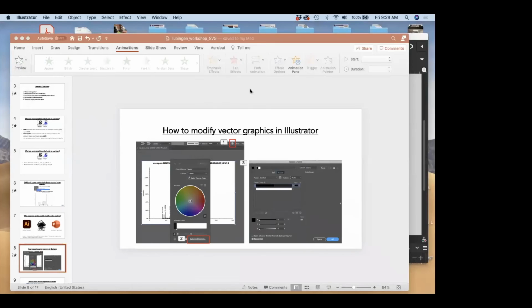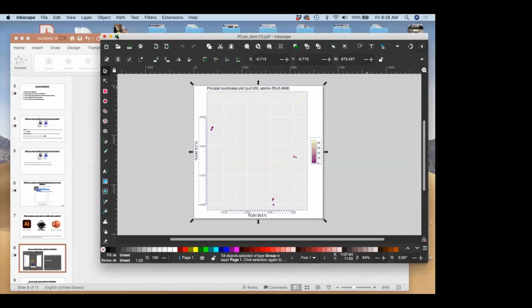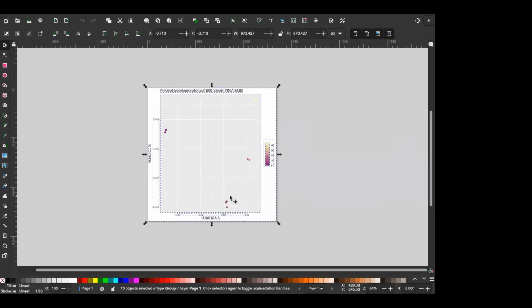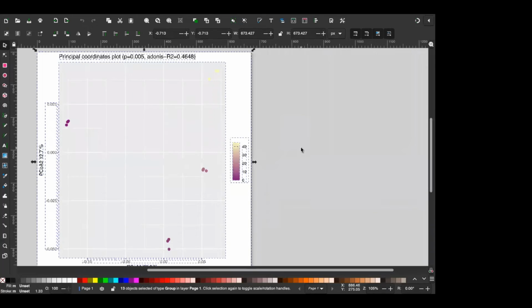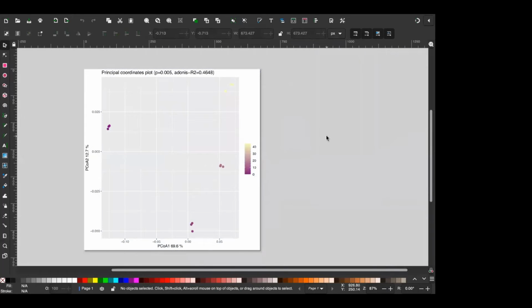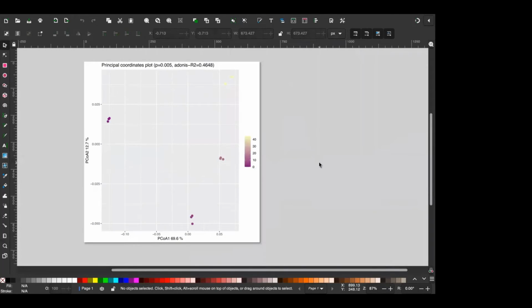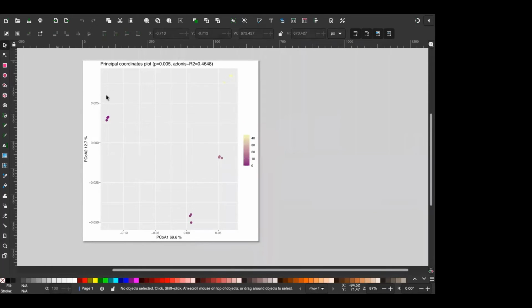Now, in Inkscape, we can do similar manipulations. So here I have the principal coordinate plot that we made yesterday. And I will say I'm less of an Inkscape expert, but I think there are instructors in the room who are typical Inkscape users. I know Kai is one. But we can, so here's our Inkscape image. Then we can basically go in and